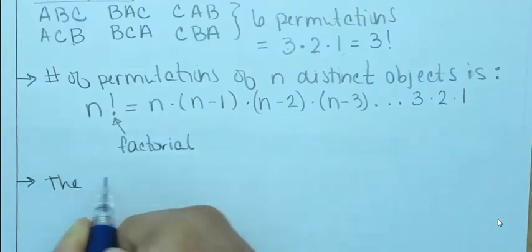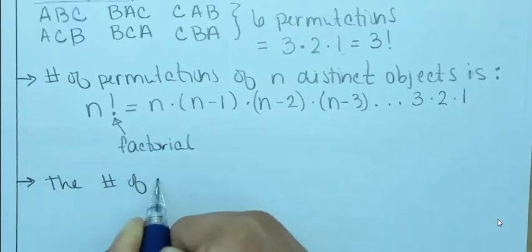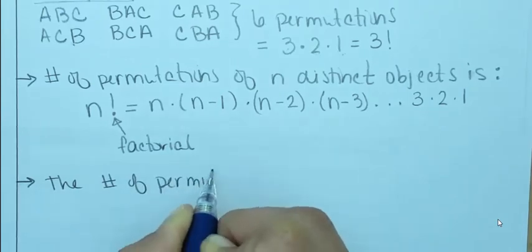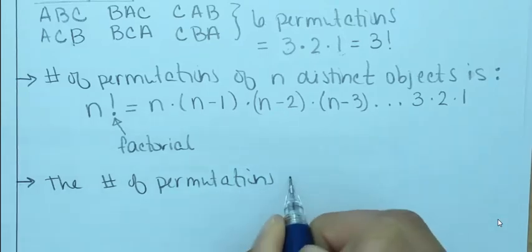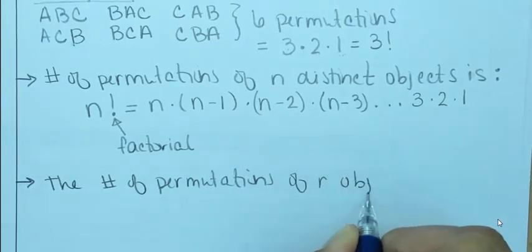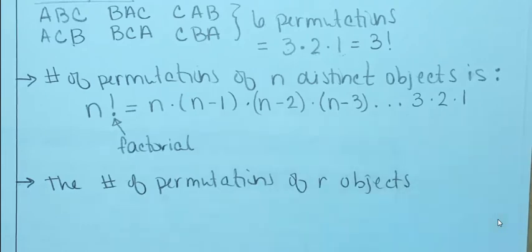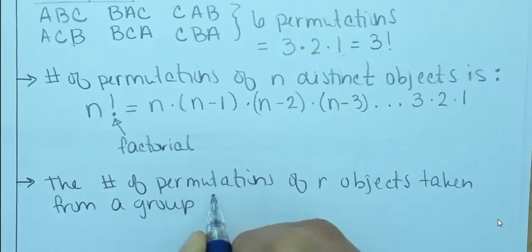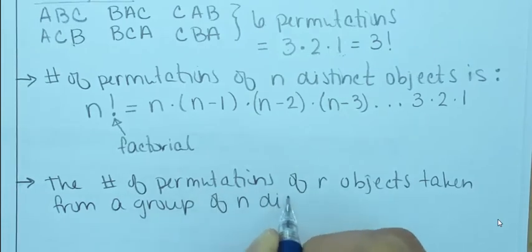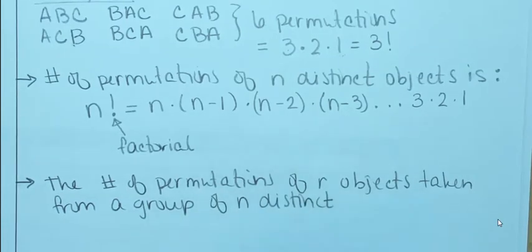So the number of permutations of r objects taken from a group of n distinct objects